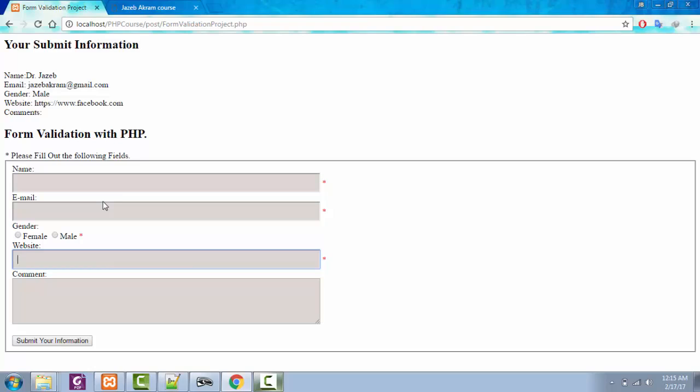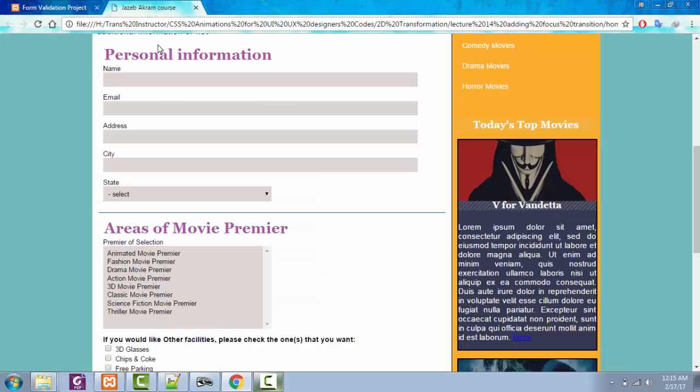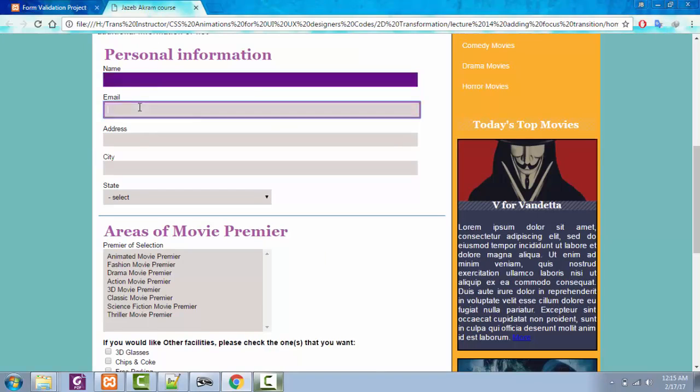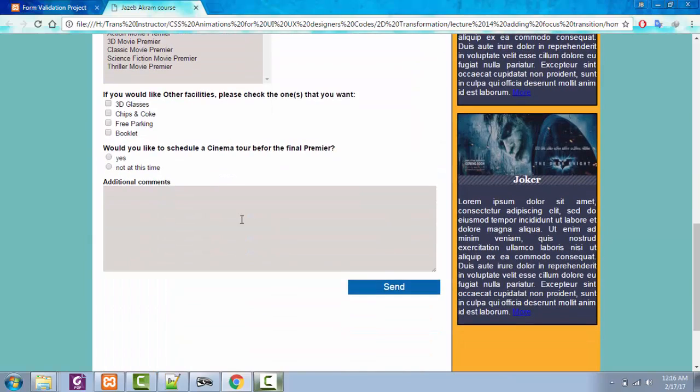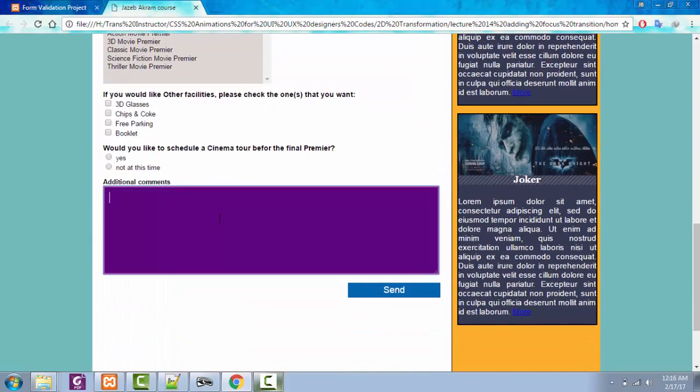If you want to see more styles, how you can add more modern style on your form, you can check my course of animation, transforms and 3D design, in which you can learn this type of styles in your form field and make your form much more attractive. So if you want to add animations like this, you can check this course out.